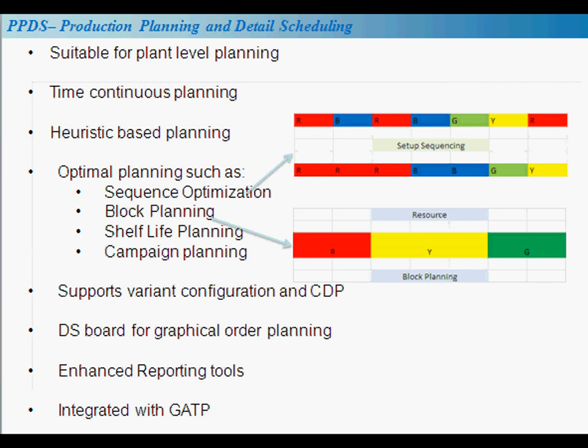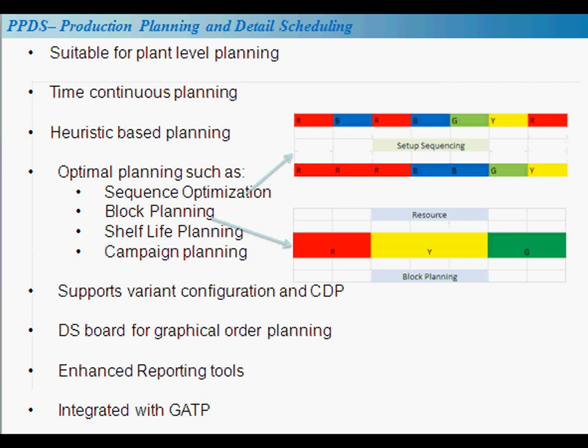Instead of that, what sequence optimization does is, for specific horizons, it brings all the red orders together, all the blue orders together, all the green orders, and then yellow orders. So how does this help? It helps to optimize your production plan by minimizing switchovers and maximizing your output. That's one example of sequence optimization. There are other utilities like block planning, shelf life planning, campaign planning, and PPDS is more of a heuristic based planning. Heuristics are nothing but small algorithms which are available for PPDS,